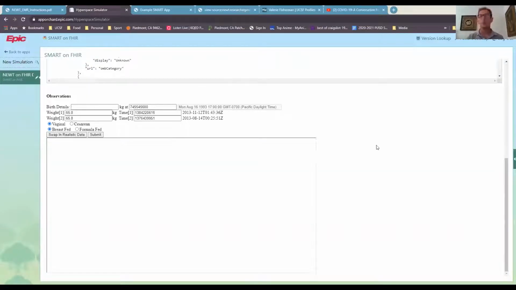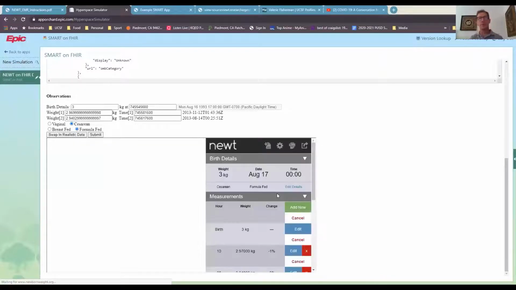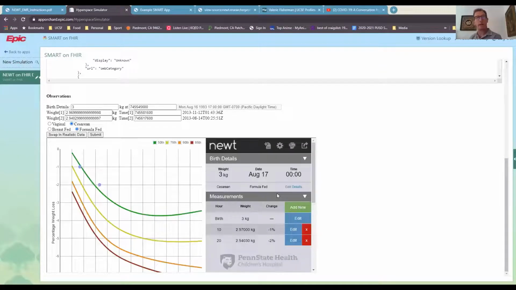They're nowhere close to what a newborn's data would look like. So I have this baby button here. And when I do that, it swaps in more baby-like data. Click submit, and this is where the data actually goes out to the Penn State API and comes back, and